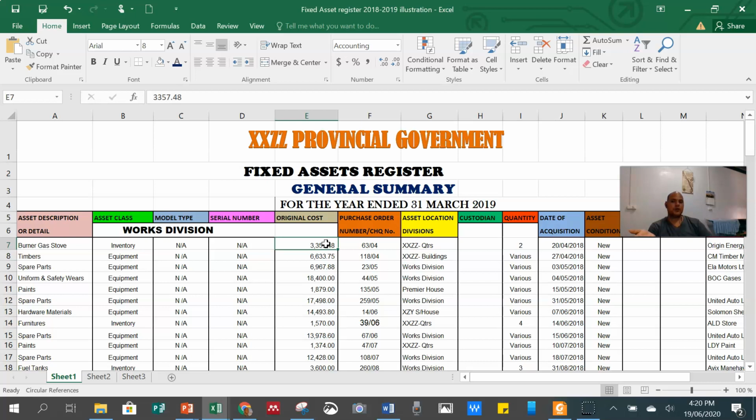So what are the areas that I want this province to improve on? I told them, no, there is no depreciation information here. If you want to change to revaluation, think about the revaluation model. There is nothing in terms of revaluation here. There is no cumulative depreciation here. There is no information relating to prior or after an asset is being depreciated or being revalued.